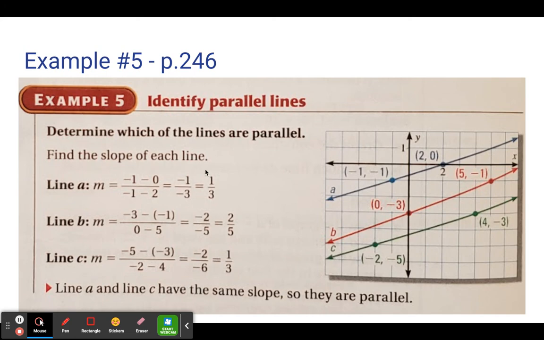As you can see, they've done the math over here. First one has a slope of 1/3. Second one, slope of 2/5. And the third one has a slope of 2/6, or -2/6, same tomato. And that simplifies to 1/3. So the blue line and the green line are parallel because they have the same slopes. All right, one last